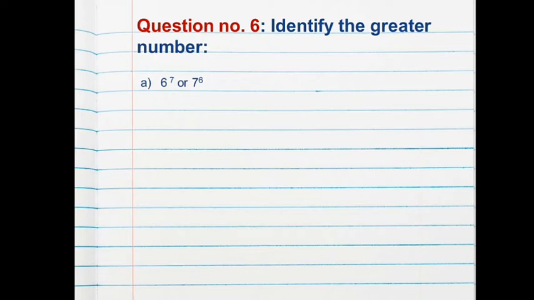So here the solution: 6 raised to the power 7 equals 6 into 6 into 6 into 6 into 6 into 6 into 6, which is equal to 2,79,936. So here we have to compare these two numbers and identify which one is greater. So 6 raised to the power 7 can be written as 6 into 6 into 6 into 6 into 6 into 6 into 6. It means we will multiply this 6 with itself 7 times, and when we multiply 6 with itself we will get a number that is